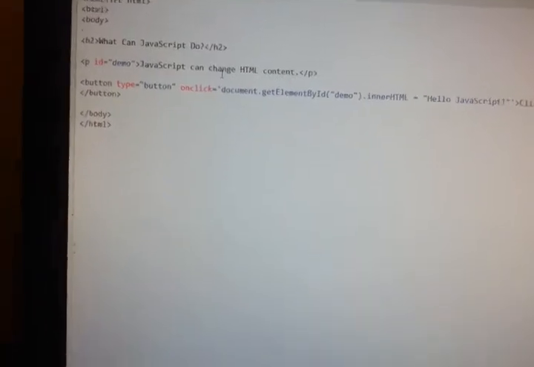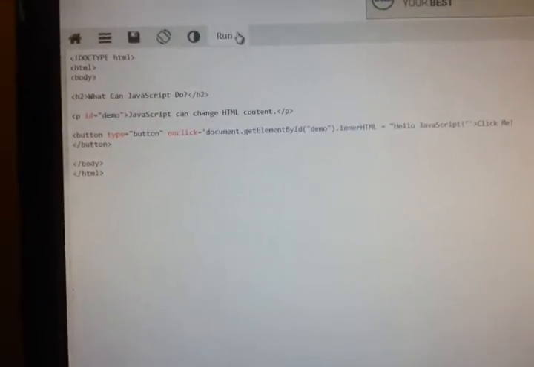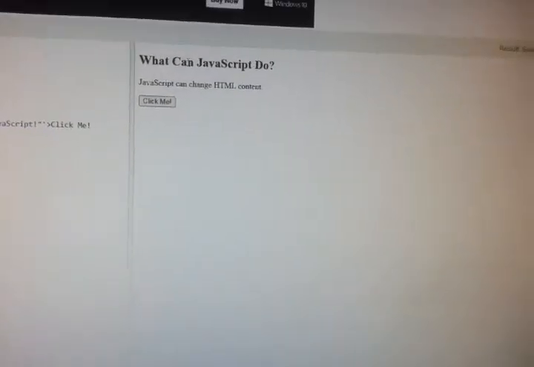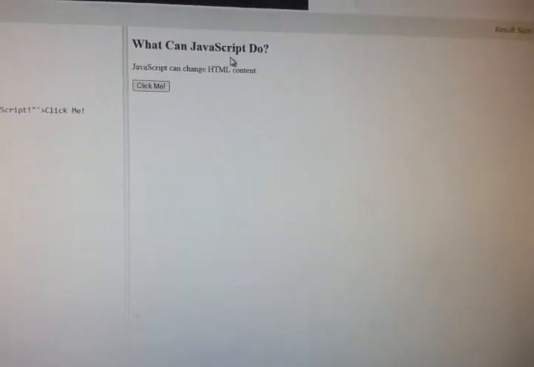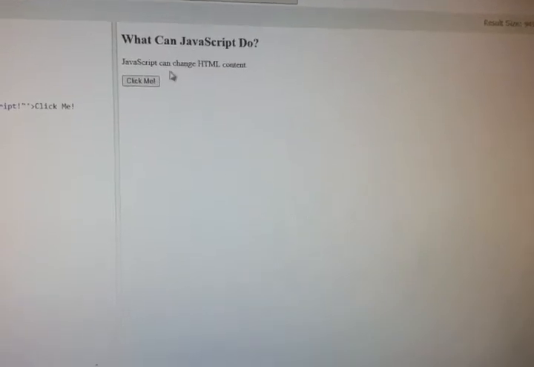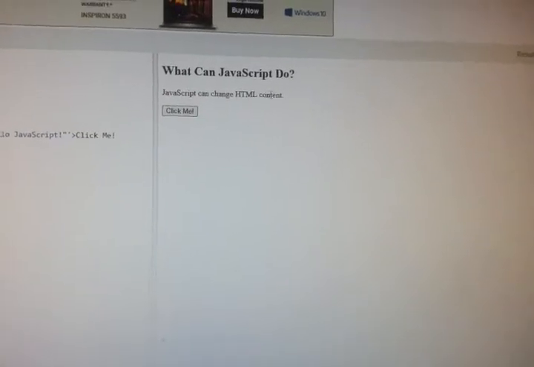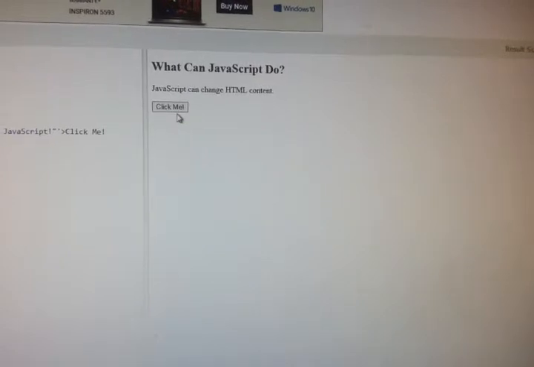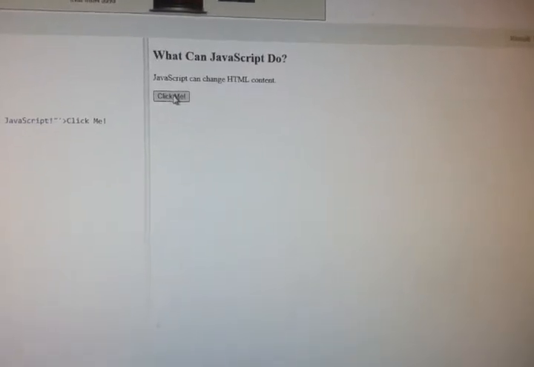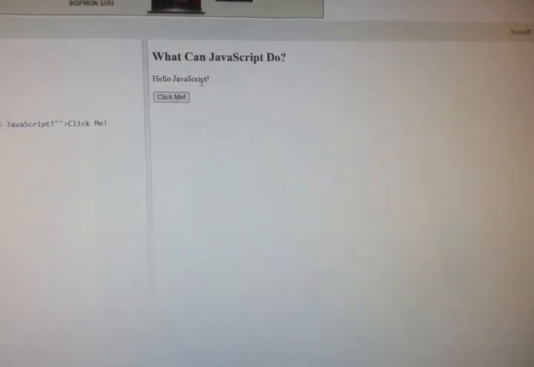So when we run this particular code, we get what we have written in the heading, What can JavaScript do, and for the paragraph we have written JavaScript can change HTML content, and then the button is created with Click me. So when I click this particular button, I got Hello JavaScript.